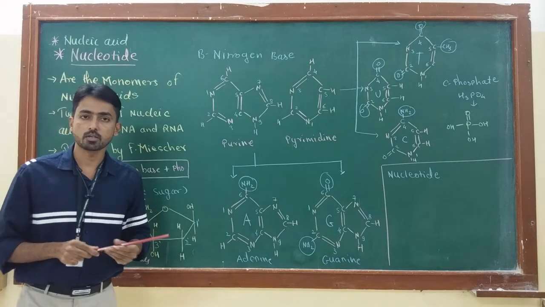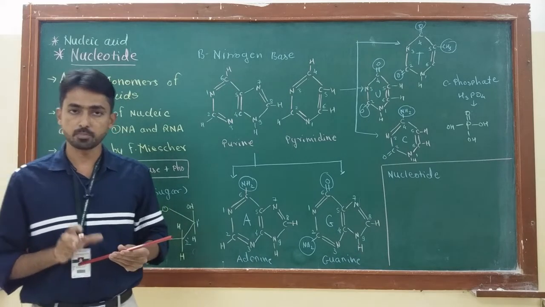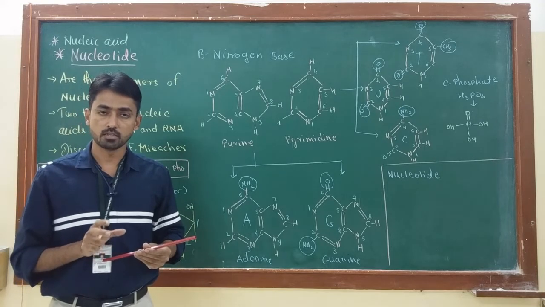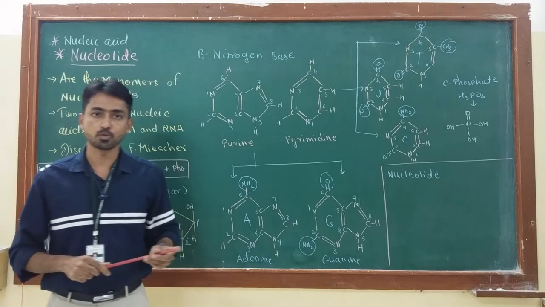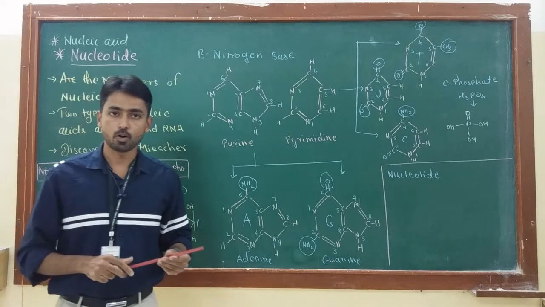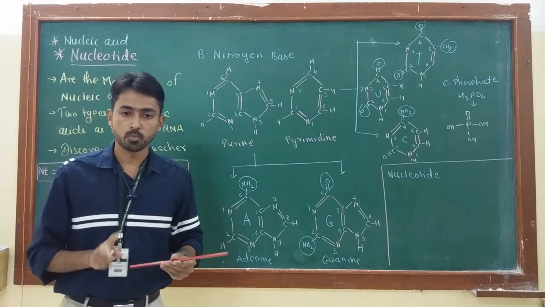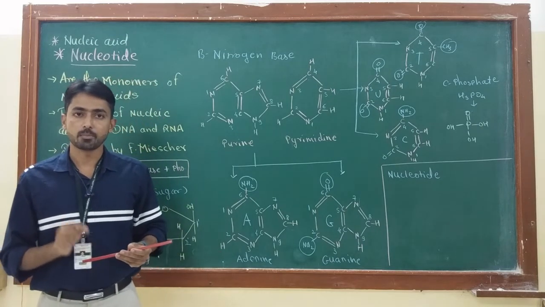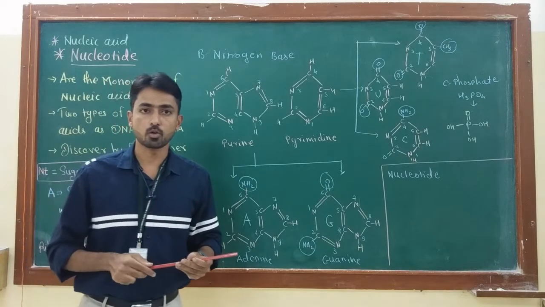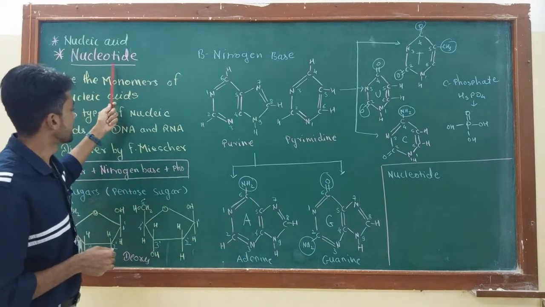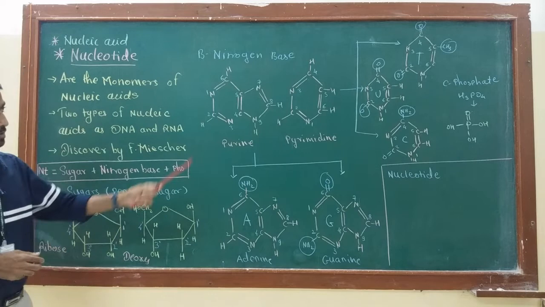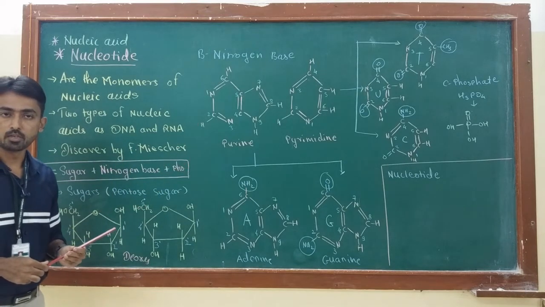There are two important types of nucleic acids which are generally present in the nucleus. They are DNA, that is deoxyribose nucleic acid, and RNA or ribose nucleic acid. Both these types of nucleic acid are made up of monomeric units called nucleotides. In this lecture, I'm going to focus on some structural aspects of the nucleotide.